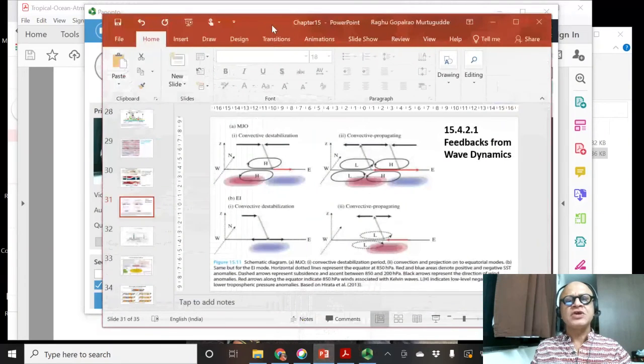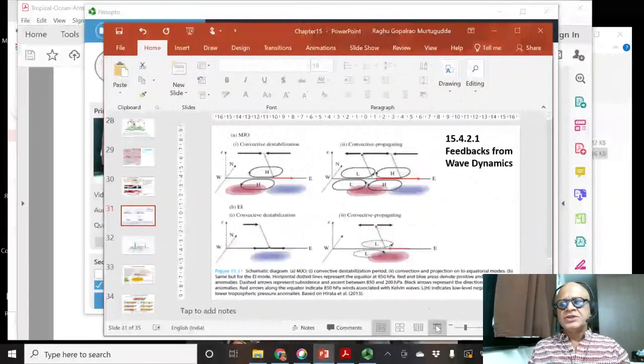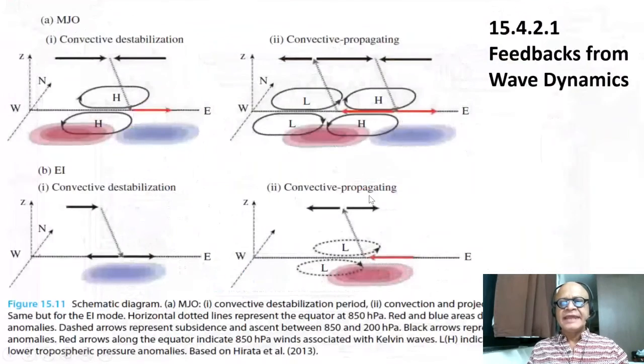So let's just look briefly at the description of the wave dynamics feeding on to these propagating features of the MJO, and here the eastward intensifying ISV. So you have, let's say, a convective phase has happened, and there is a